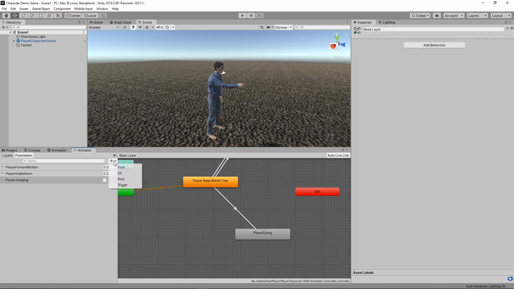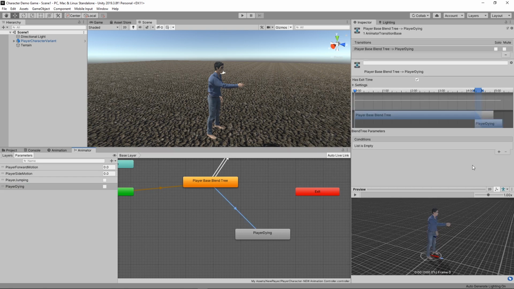So again, we're going to do another Boolean here, and we're going to call it player dying, and if that's true, then it plays the dying animation. So we'll just go to that and set up player dying. That is true, and there we go. Now, one of the important things is that we don't want player dying to go back the other way. We've actually had that happen. It's really kind of funny. Oh, this isn't working. I'll have to check out my animation. I think my player dying animation is not functioning correctly. Oh, it's too short. All right, I'll have to take a look at that. But anyway,